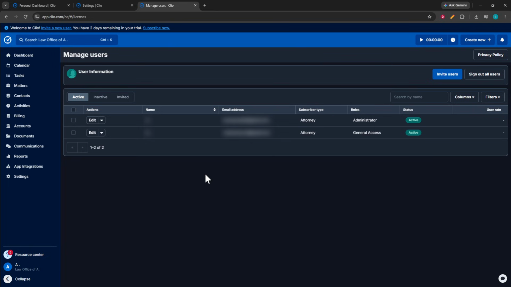If the user still appears under Active, pause for a moment in case the page is still updating, then review the list again. The key thing you are checking is that the account is no longer active and is shown